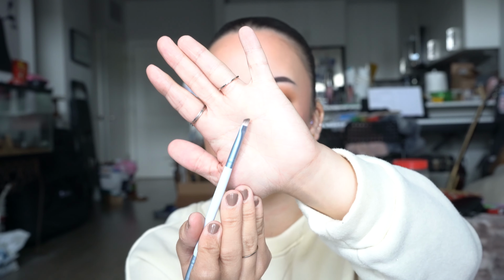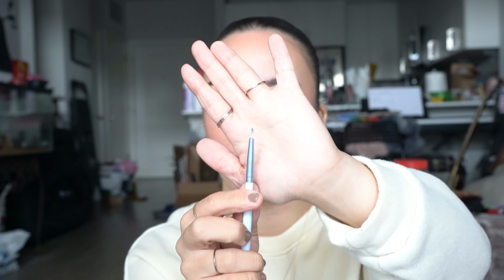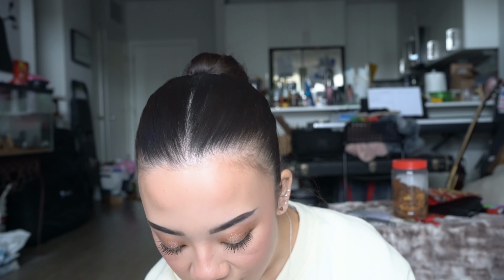And then this is a really cool brush. One side is a, oh my god, I cannot get this right, a liner slash brow brush. And then the other side is also another form of a liner brush. I have not seen many brushes like this. I think this is a really cool concept, but I have been using Morphe brushes for years, so I don't have anything bad to say about these. I think that Morphe brushes last a good while. I've had some in my collection for years and they've held up pretty well. So no bad thoughts on these, no bad review here. I really do like these. Okay, let's move on to